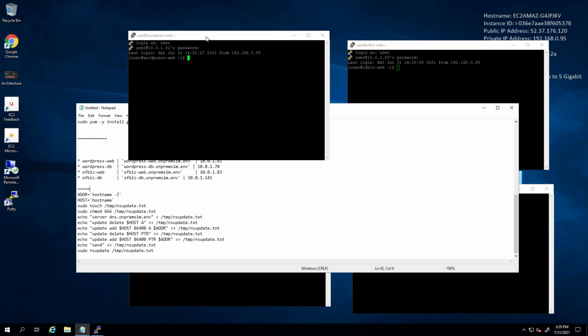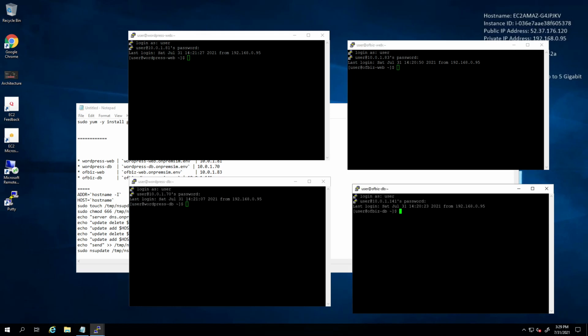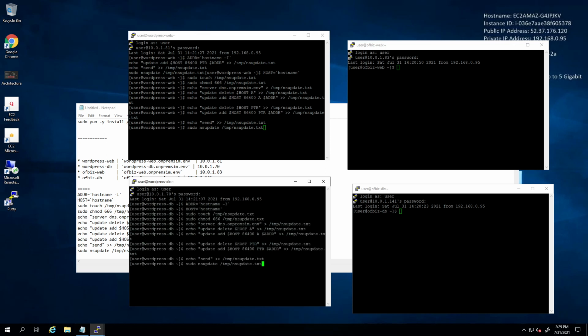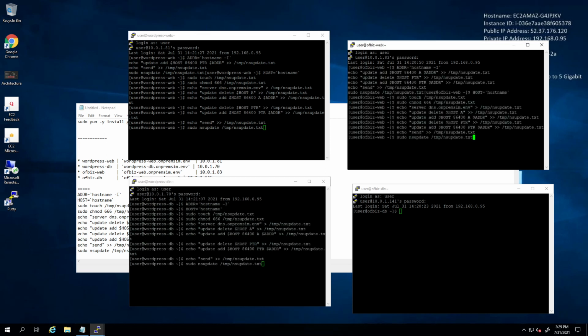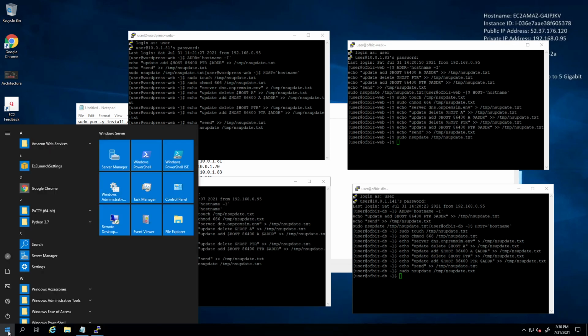You can easily paste the entire block of commands and they will get executed one by one. You can right click to paste whatever is in the clipboard into your SSH shell. So this is what we do. And let's run that last command. All right. With this, the DNS update should be ready.